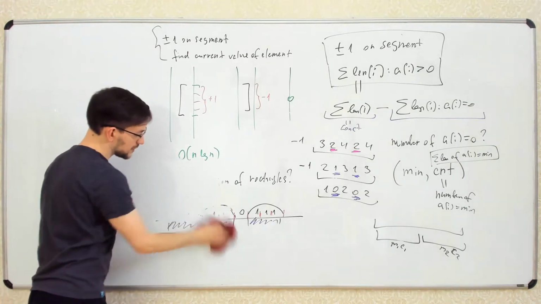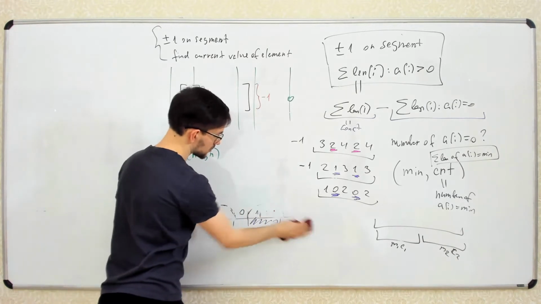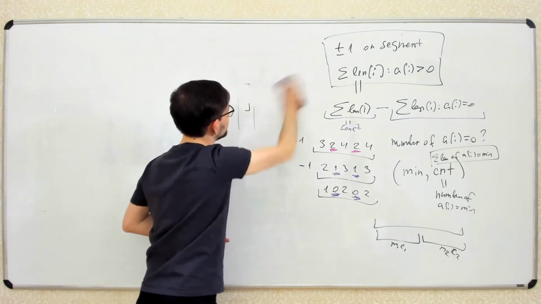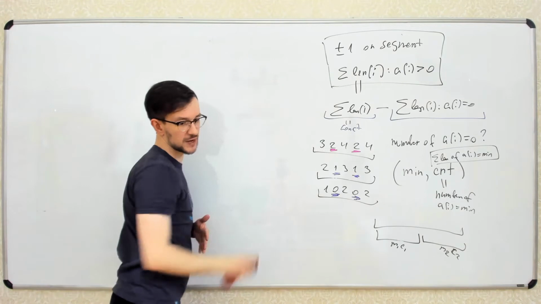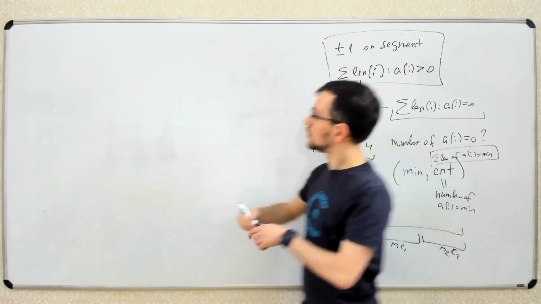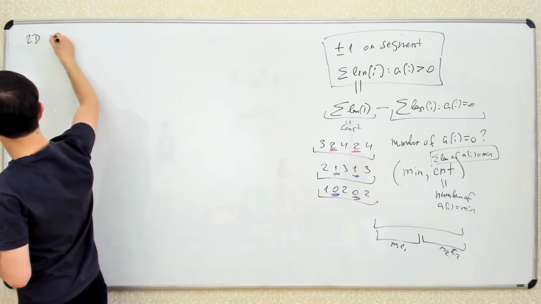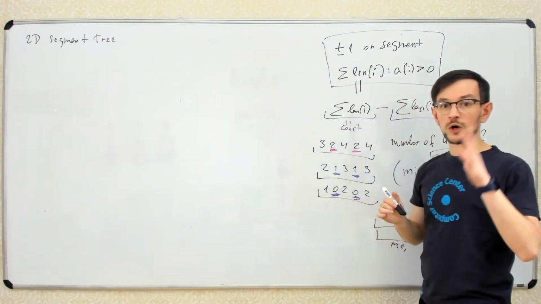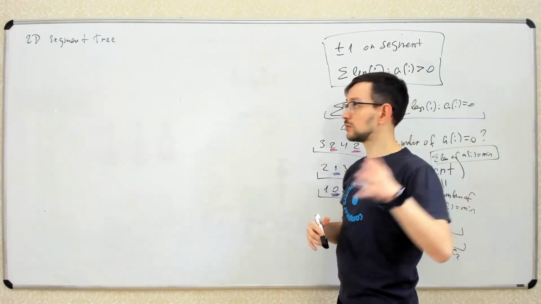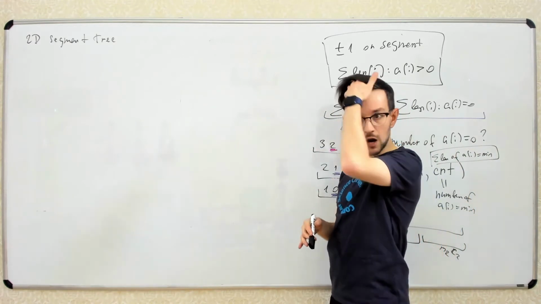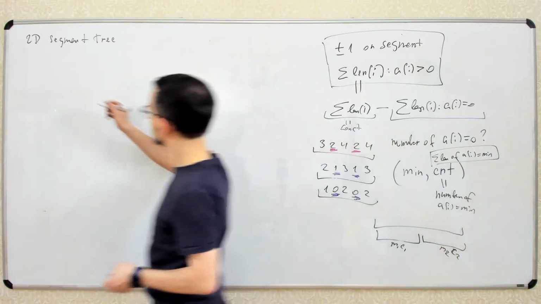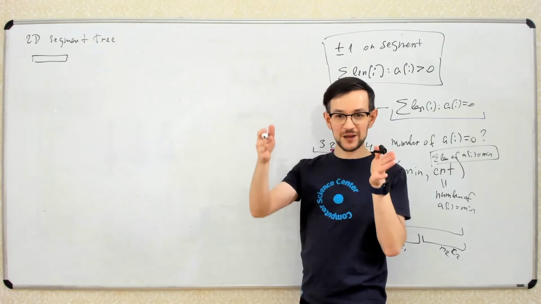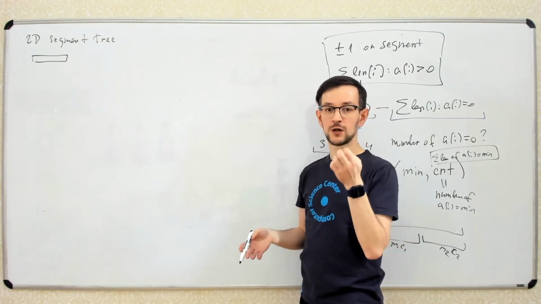I will try to show you a technique which will allow you to modify your data structure to make it two-dimensional. Basically, not only two-dimensional, you can add any dimensions to your data structure. So again, what is the segment tree? Segment tree is a very basic data structure which allows you to make two requests. So you have some array, and you have two requests. First request is to set a value of some